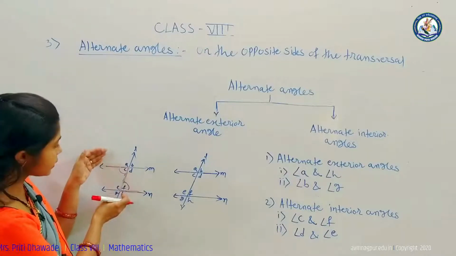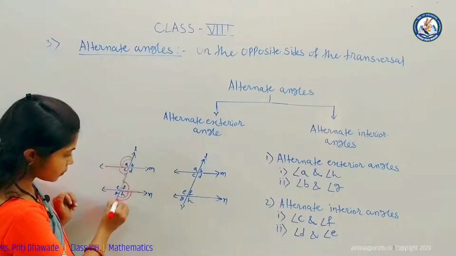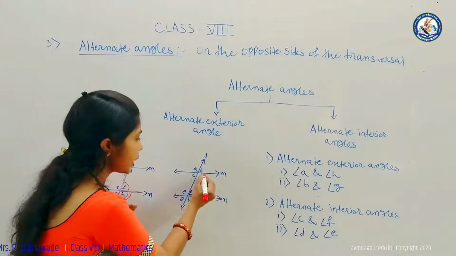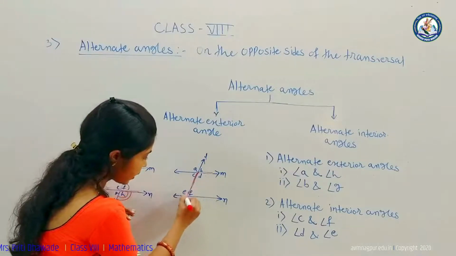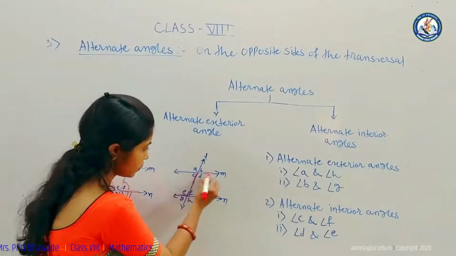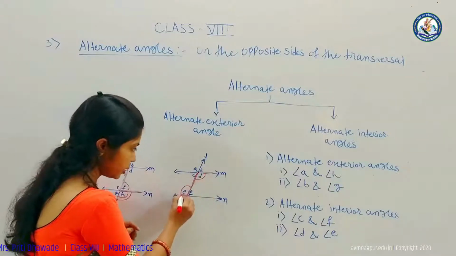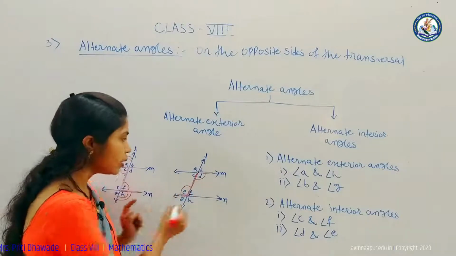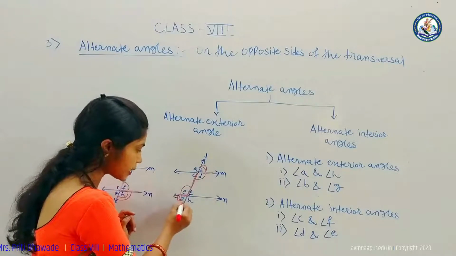Now observe this figure. Just above this we get alternate exterior angles. We can draw the Z in the reverse order also, like this. And again the alternate angles are present at the corners of the Z. So look at this. This is one pair of alternate interior angles which are present at the corners of the Z, and just above this corner of the Z we get the alternate exterior angles.